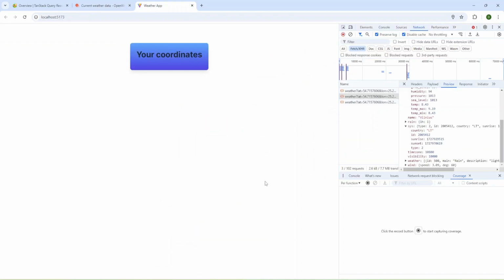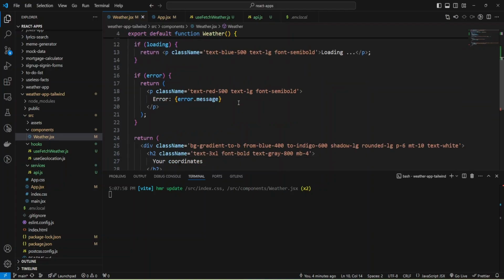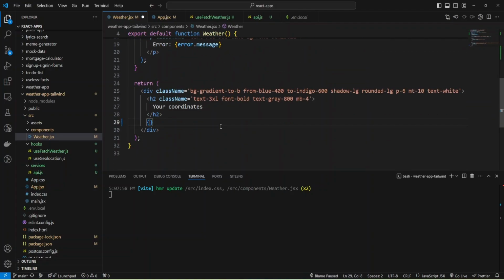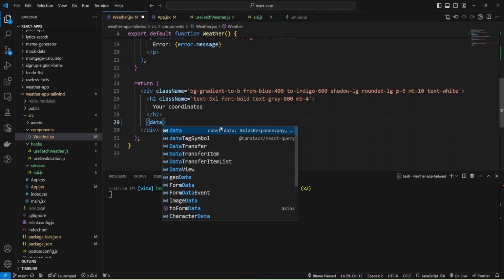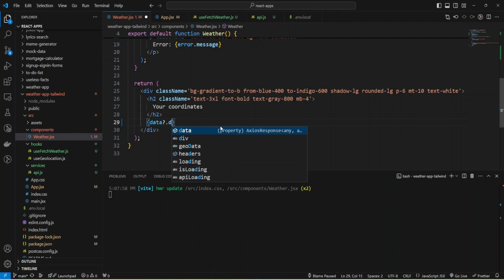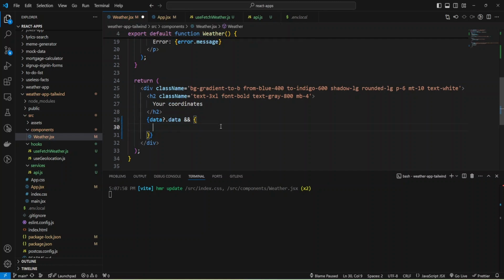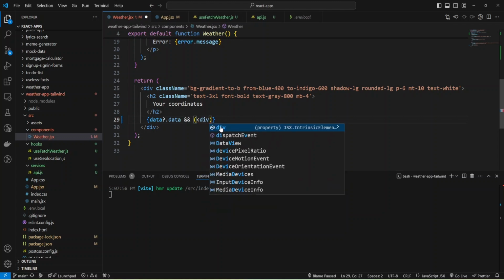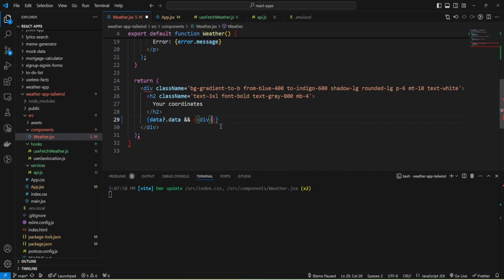And let's add some JSX to our code. I'm going to check if data, and add some JSX. I can add a div, and also close this div, and provide some value.